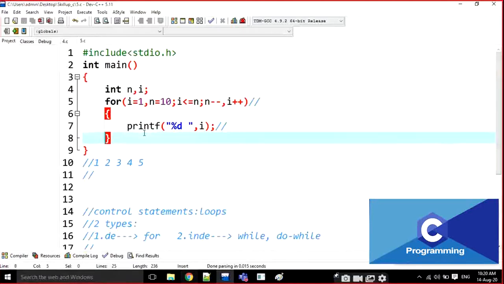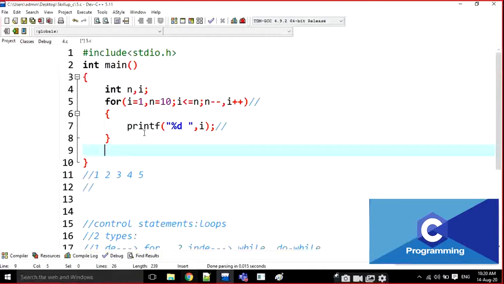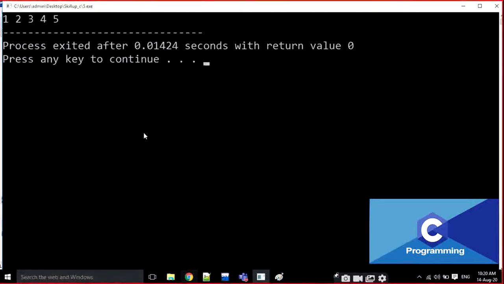No problem, it will be erased when I cut the code. Just note the program and the output on the right-hand side every time. For this, what is the output? The same output. It prints 1, 2, 3, 4, 5.